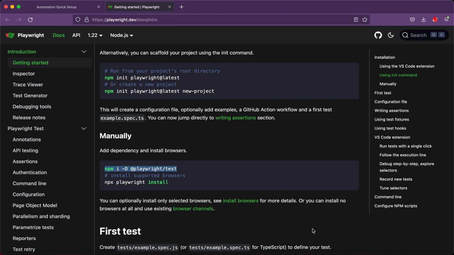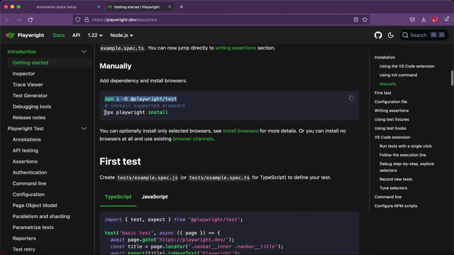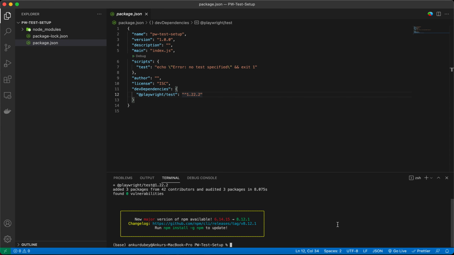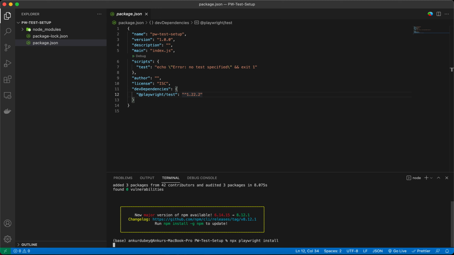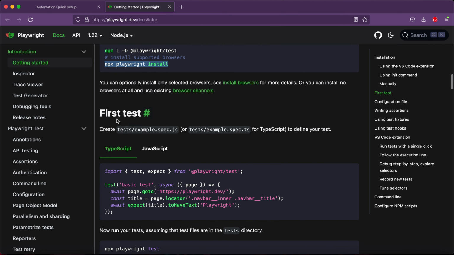So now let's go back to the documentation page. Now we execute this command to install all supported browsers, npx playwright install. Okay, for me this is already there, so that is why it didn't take any time. Now this is the first test. I'm just copying the code,